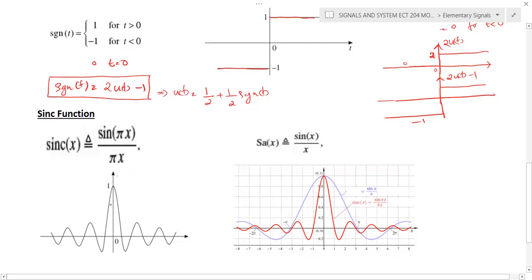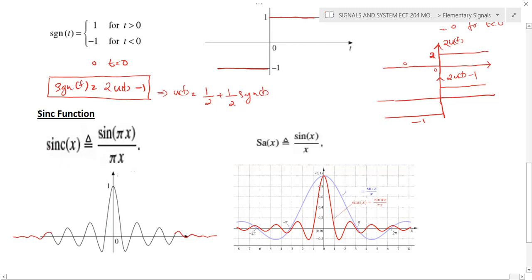Sinc function, this is a basic shape of the sinc function. I can see that a sinusoidal function is decaying in two sides. Okay, it's also very important when you study signal processing and all, filter and all. So make sure that you are comfortable with the shape of this waveform. Okay, so the sinusoidal waveform is decaying, it's going to infinity, so it is something like this: it's decaying. Here also it's decaying, and finally it's going like this. So there is an oscillation and it goes to infinity.